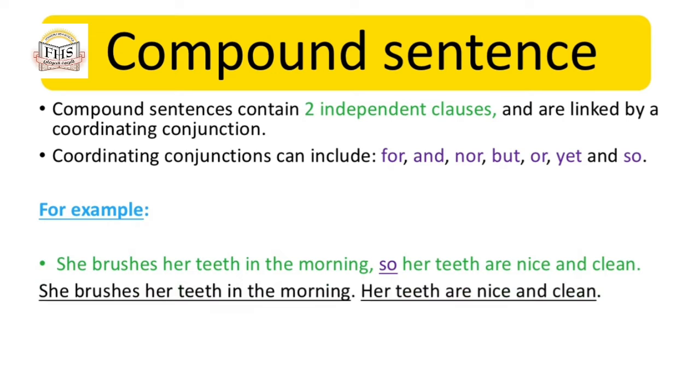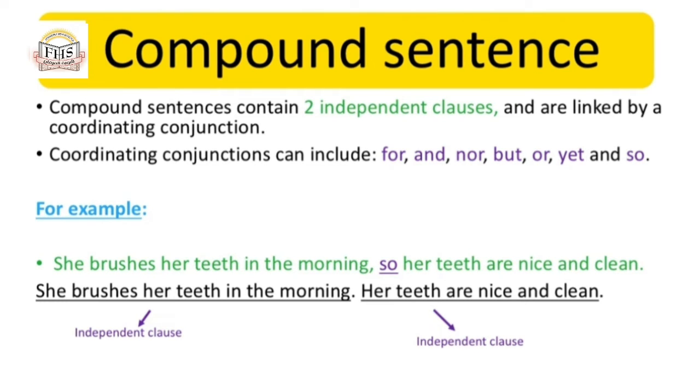The sentence is made up of two complete ideas or two independent clauses. She brushes her teeth in the morning, which is a full sentence by itself, and her teeth are nice and clean, which is another sentence that is complete on its own. These two sentences are joined by a coordinating conjunction, which is so, and definitely don't forget to put the comma